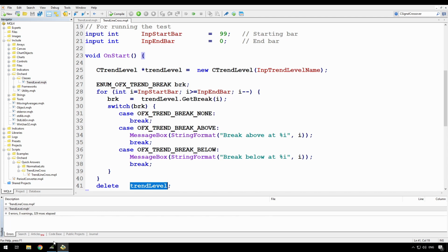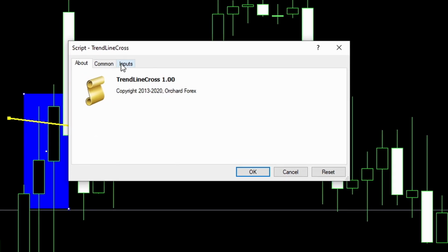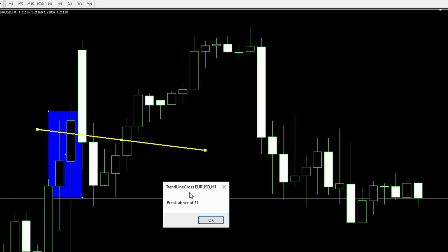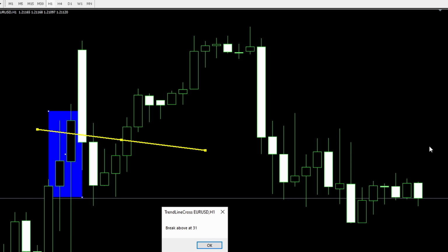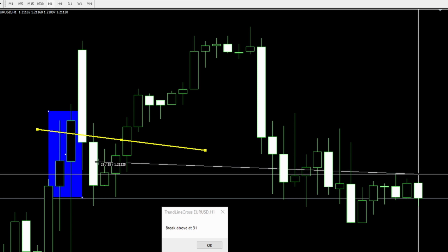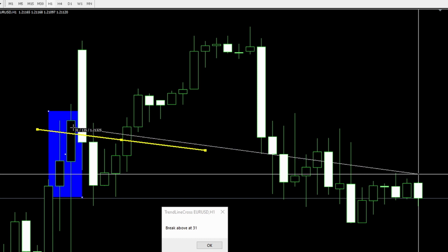And now we can go to the chart. So I run trend line cross, here are my inputs, name of trend line. I can leave the starting bar at 99 and end bar at 0, it'll just count down. And I say OK, and it says that I have a break above at bar number 31. So if I use the crosshair here, beginning at bar number 0, which is the current bar, and counting backwards, I have a break